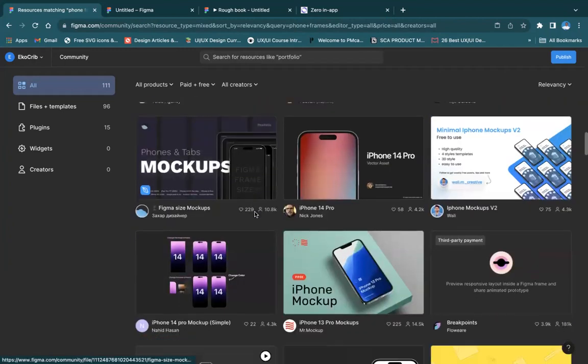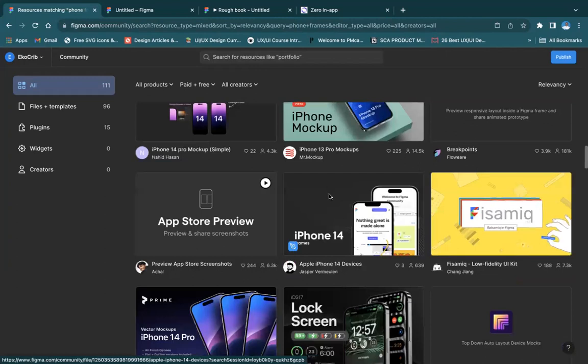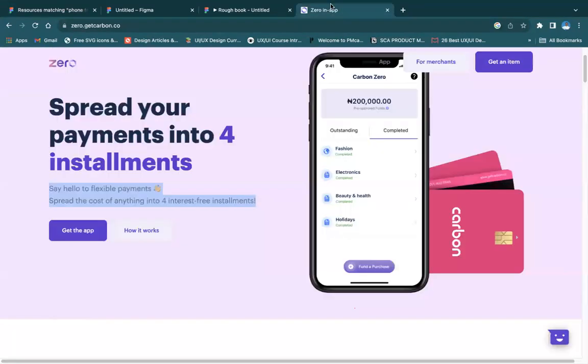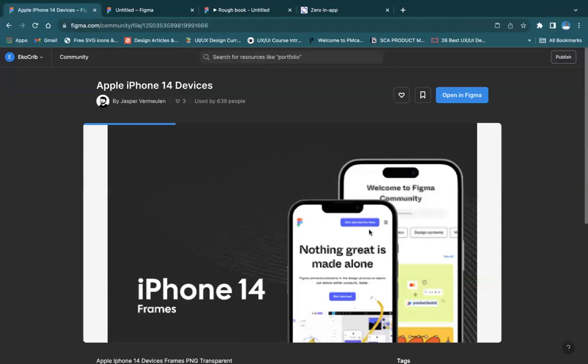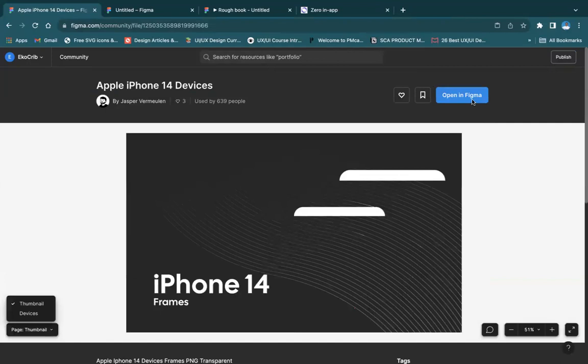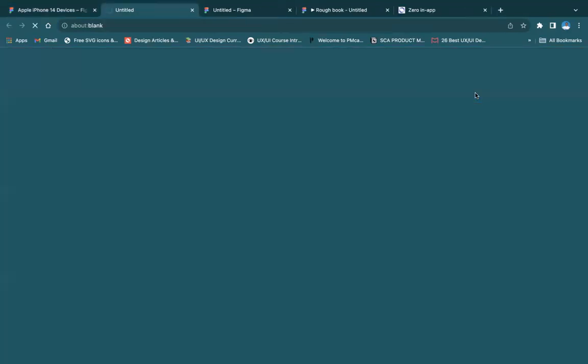So which frame should I use? Let's see what they used here. So I'll just open this one. Once you open it, the next thing you need to do is open in Figma. You see open in Figma. So once you open it in Figma,